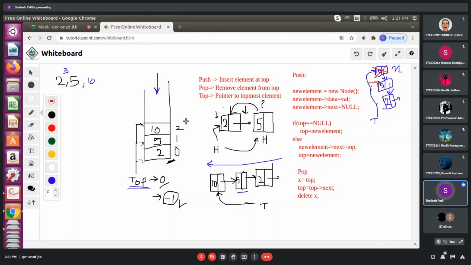So this is about the push operation and pop operation, and there are 2 other functions we can have extra. In this linked list, we can check whether the stack is empty. How is the stack checked for empty? If top is equal to null, then we'll say it is empty. And when it's full,